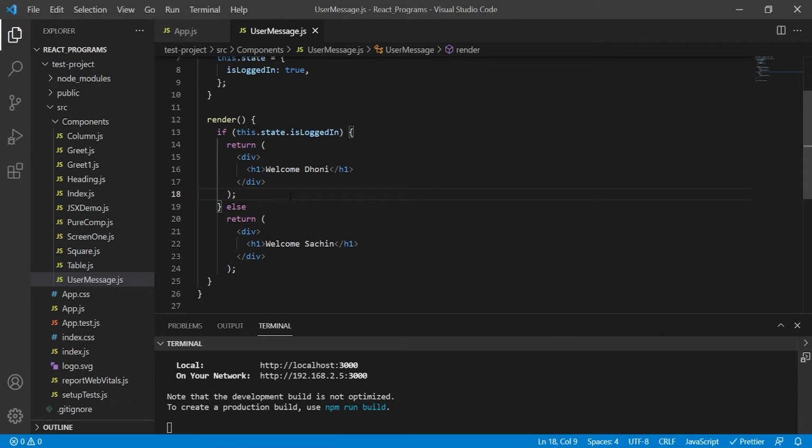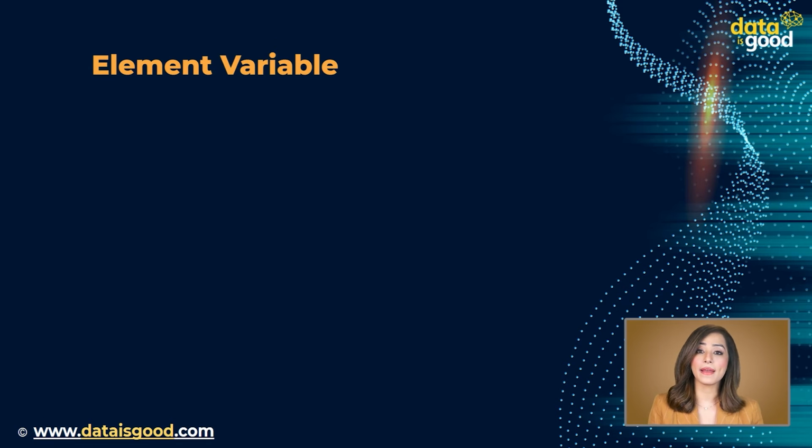That is because JSX is syntactic sugar for function call and object constructor. Adding an if-else statement within JSX is not valid. That is the reason. The if-else statement is placed outside the JSX, and the entire return statement containing the JSX is placed inside the if or else block. Now we'll understand a better approach.